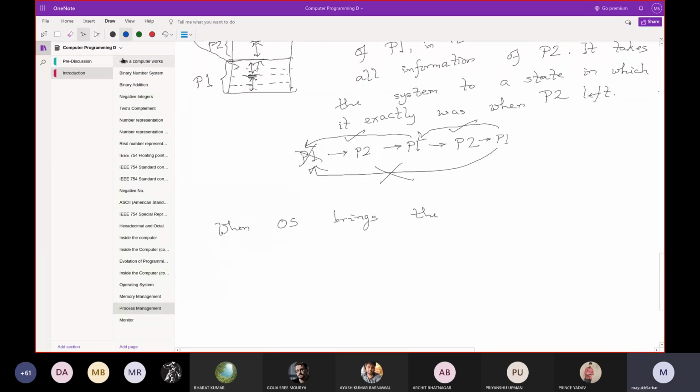So when the OS brings the new application, it does not give the address immediately to the instruction pointer. Rather, it puts it at the end of the ready queue. This is the updated information.